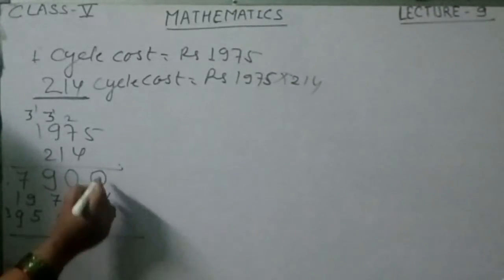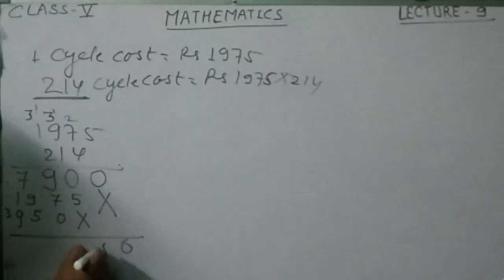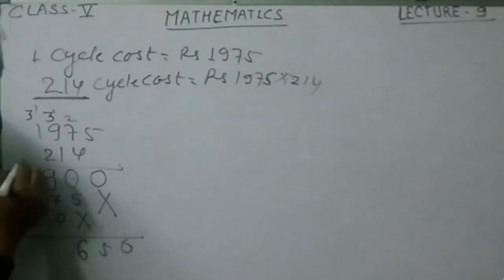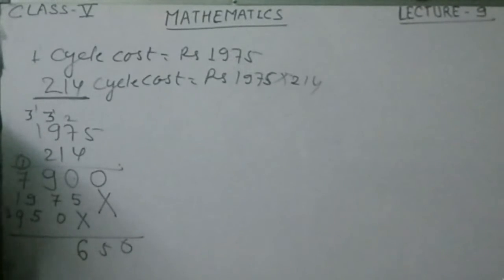At last we have to add the number 0, 5 and 9 plus 7 is 16. So what we have to write? 6, and 1 is carry here. 1 plus 7, 8. 8 plus 9, that is 17. Plus 5, 22. You have to write the 2 and 2 is the carry. 2 plus 1, 3 plus 9, 12. What we have to write? 2 and 1 is the carry. 1 plus 3, 4. That means this is your answer.